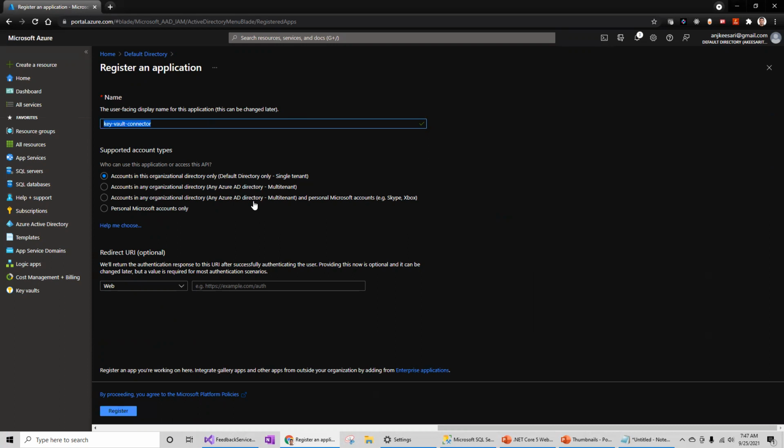So Key Vault connector. The purpose of this app is to connect to the Azure Key Vault and get the secrets.